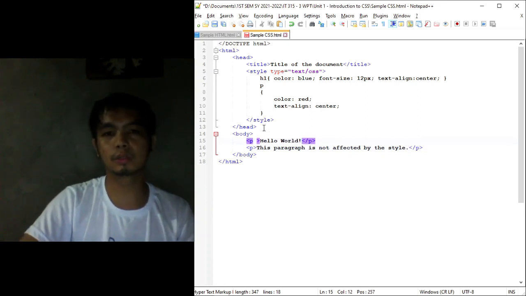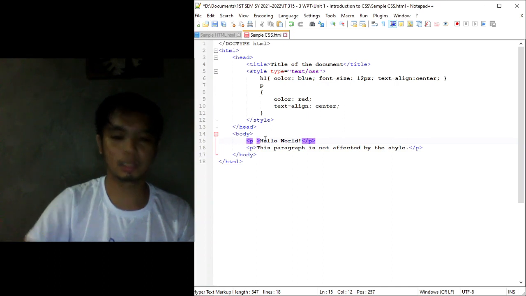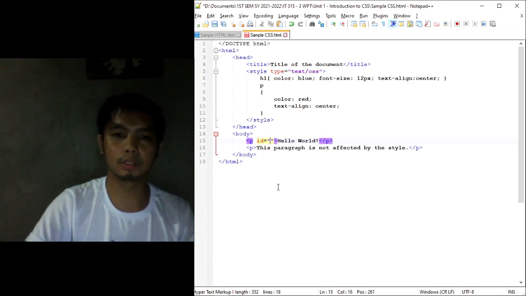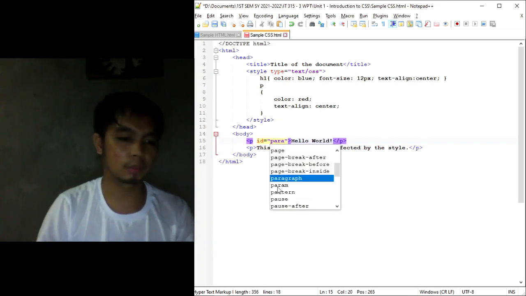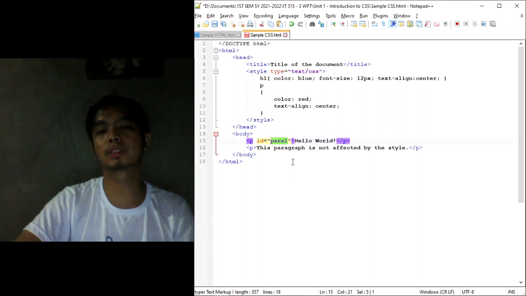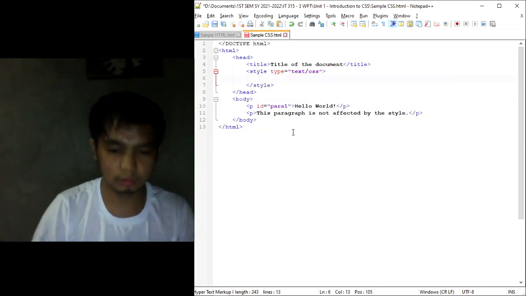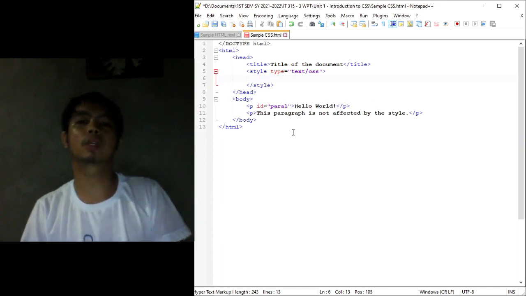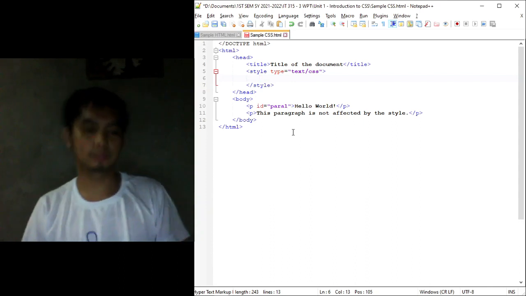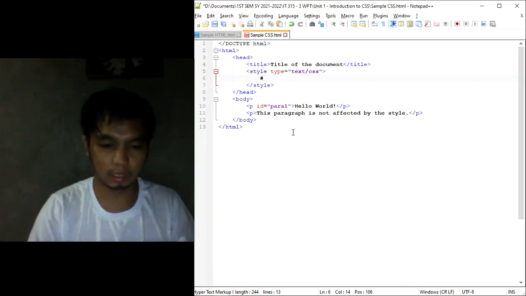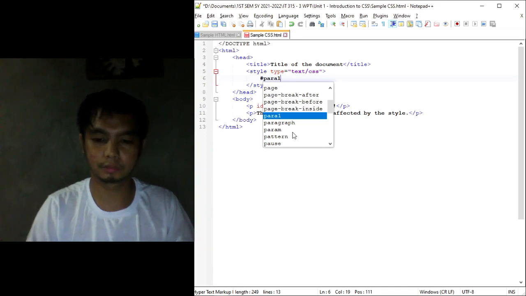Now in here, using ID, okay, we need to include the ID attribute here, equals, and then its value, the ID name, let's say para1. Using this para1 ID here, we style this paragraph using para1. Okay, so inside our style here, palitan na natin. When we create a selector for an ID selector, it must start with the hash character. Okay, hash and then para1. After that, close with